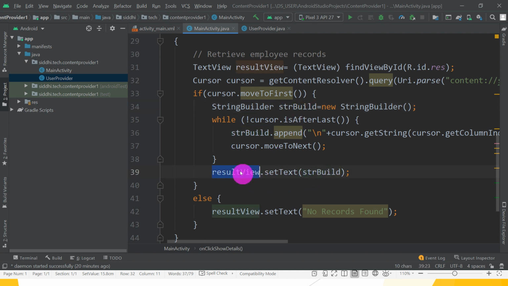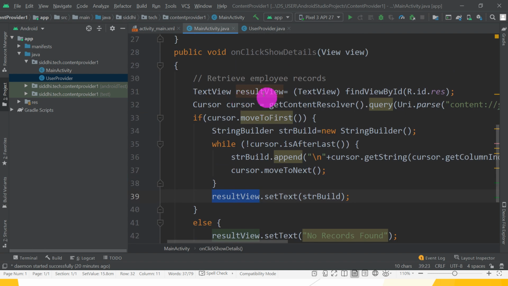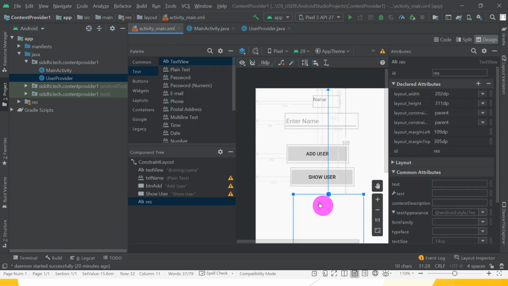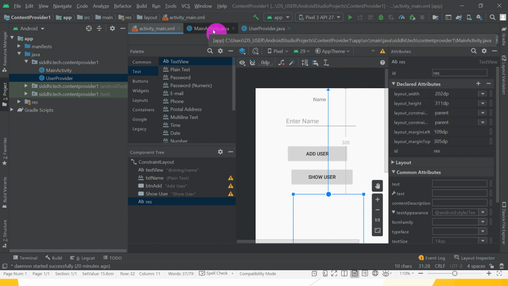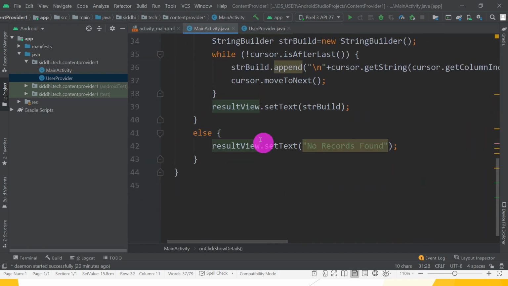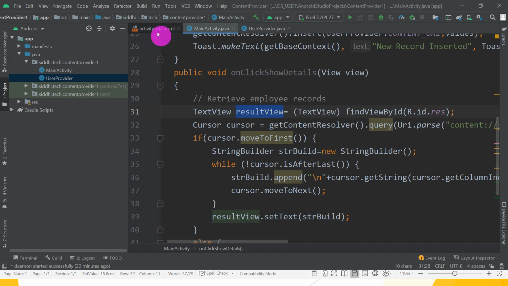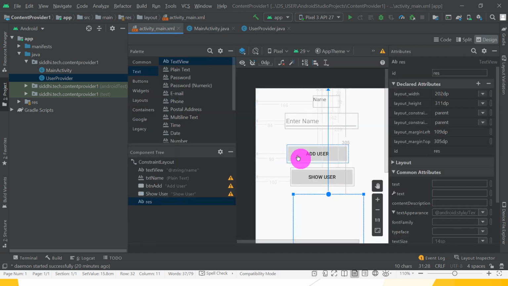What is the result view? Result view is nothing but your text box which is present into this. This is the text box where we want to show all the users which are added to your activity. Great. So this is all about second method. Now in XML, what we want to do in the code?